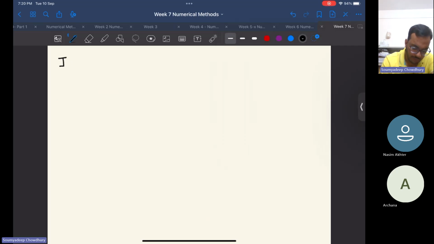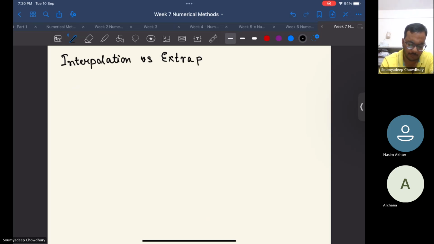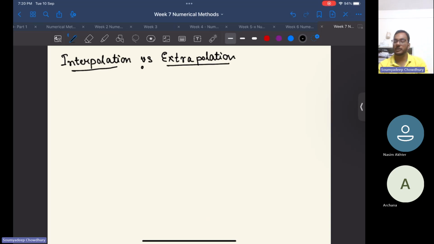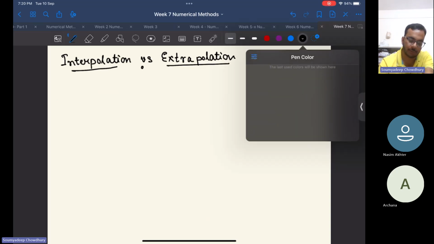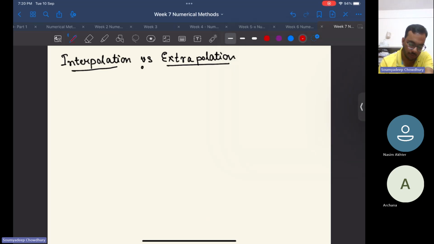So there is one more concept known as extrapolation, right? I'll just try to explain the difference between interpolation and extrapolation. Interpolation I have just now described. So basically,